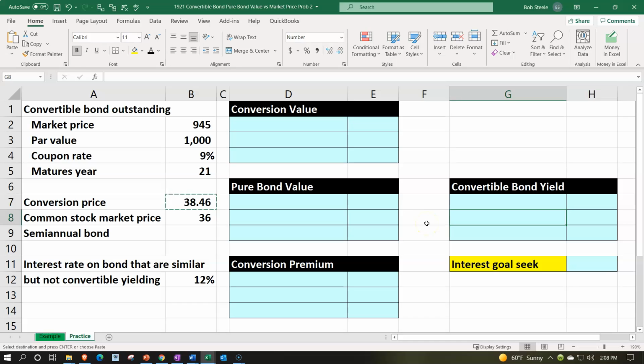Here we are in our Excel worksheet. If you have access to the Excel worksheet and would like to follow along, note that we're in the practice tab as opposed to the example tab, the example tab, in essence, being an answer key. Information on the left-hand side, we're going to populate into the blue area on the right-hand side, looking at